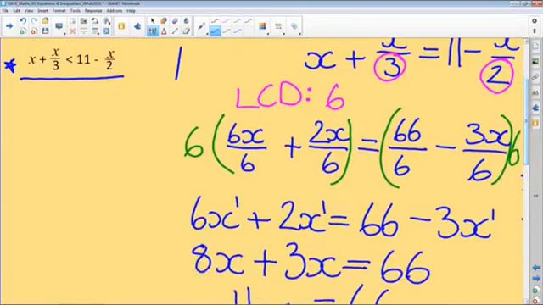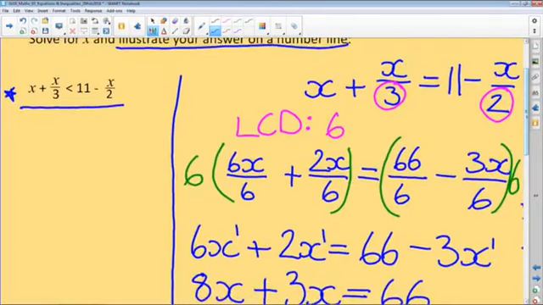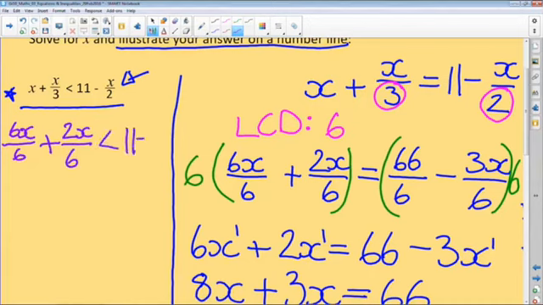I'm just going to draw a line down over here. And the first thing we did with the equation was we found a lowest common denominator. And that's exactly what we need to do over here as well. I'm going to do this in purple, just so that it stands apart. So I've got 6x over 6 plus 2x over 6. Now that's going to be less than